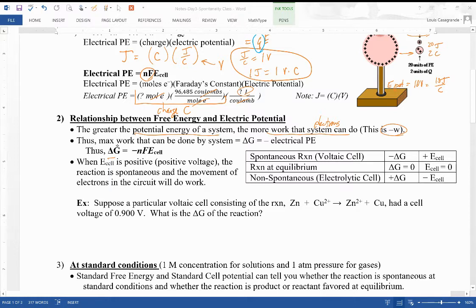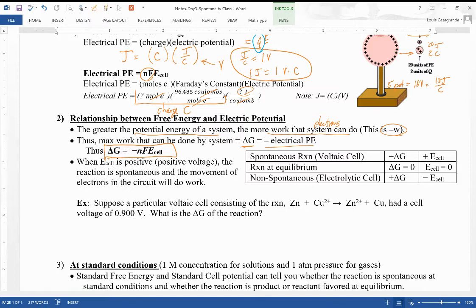So the maximum work that can be done by a particular system is that delta G, and that then equals the negative electrical potential energy, which is negative nFE of the cell. So we have our first equation coming from this relationship, and this nFE of the cell is related to, you'll see in a moment, the equation that you see on your reference charts relating the delta G and the E